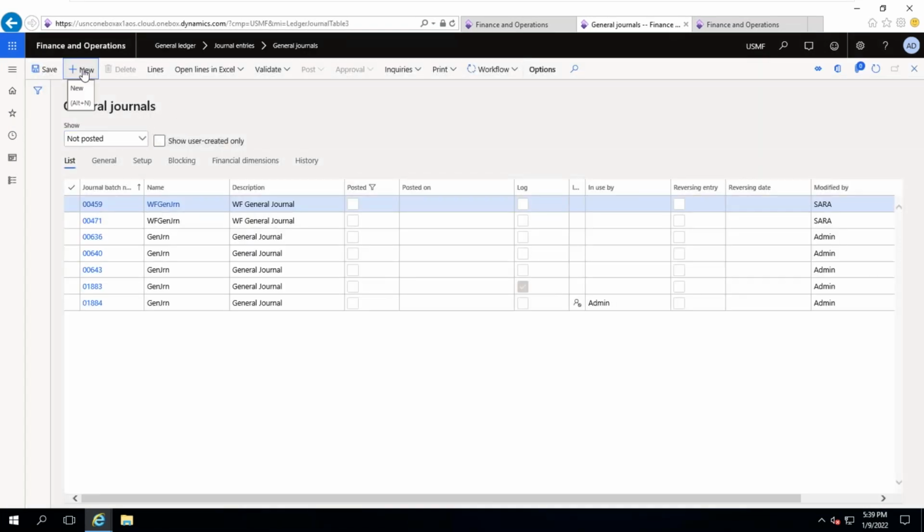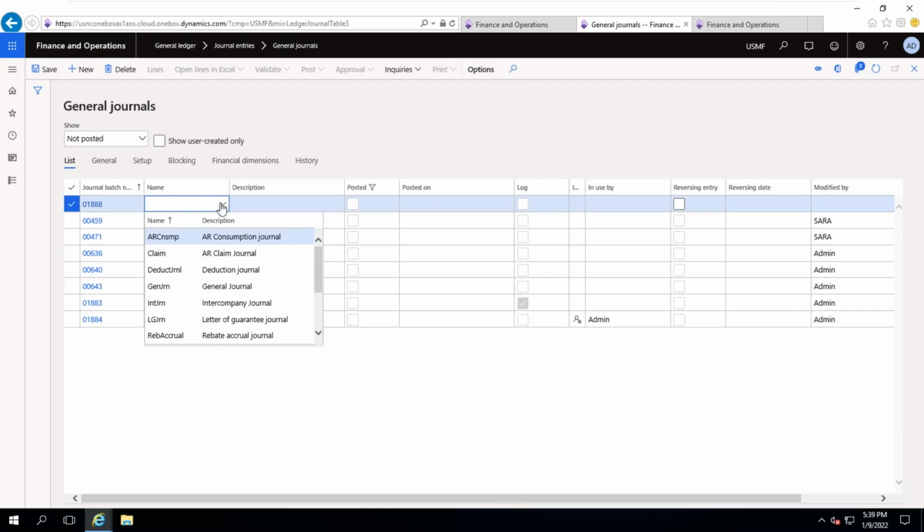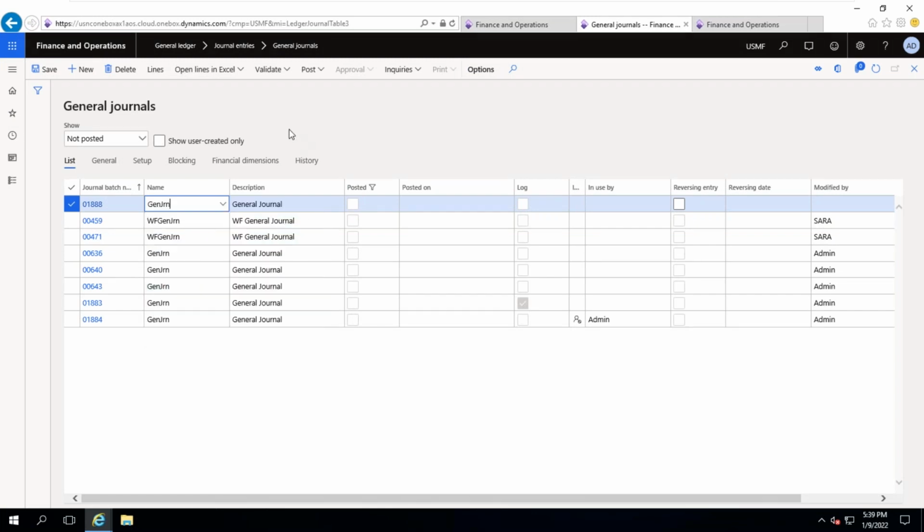You can click on the new button, select general journal, and click on lines. Suppose USMF company is paying the rent amount for DMF company.